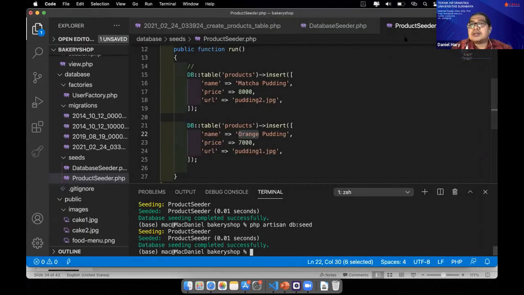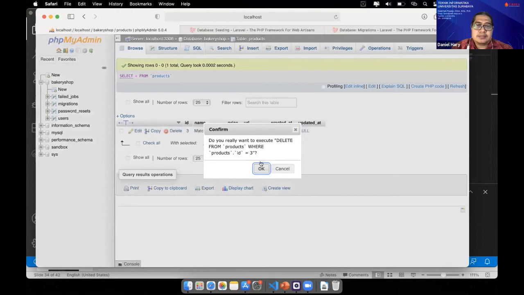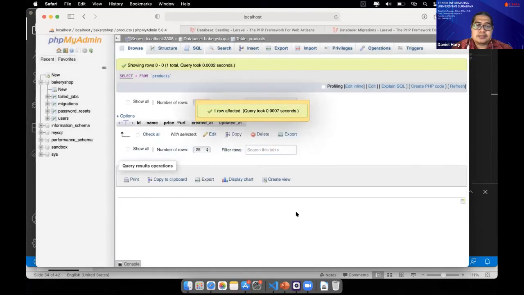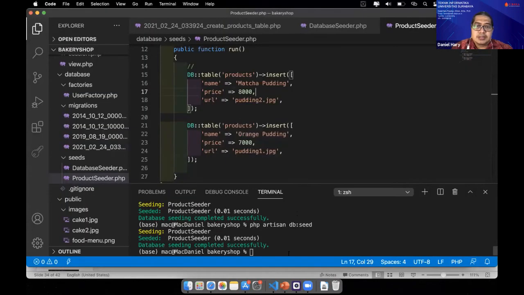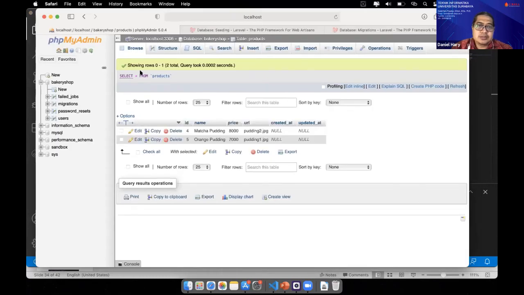Oh sorry, I still have not saved it. Save it first, then again. Okay, and run it again. It should be two here. Yes, two products, matcha pudding and orange pudding.